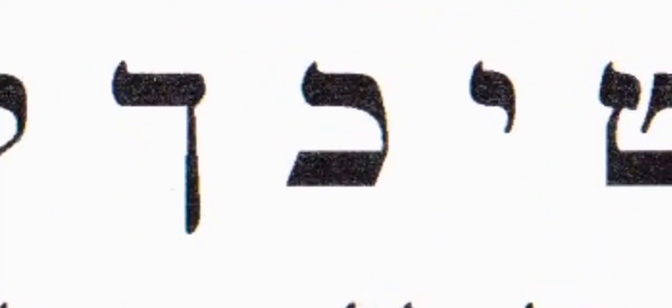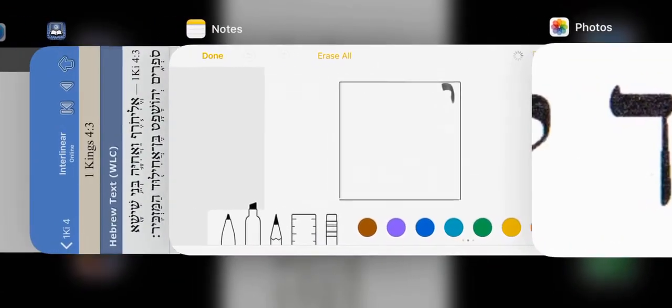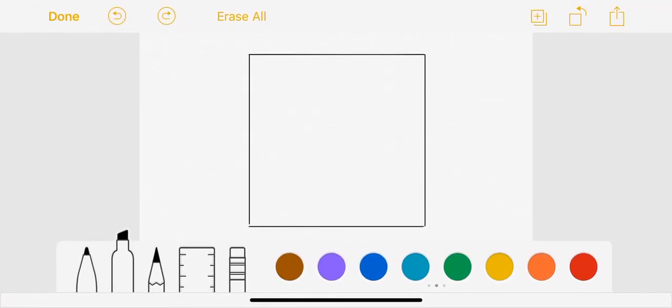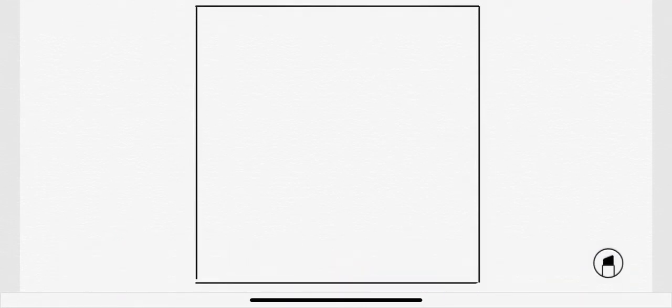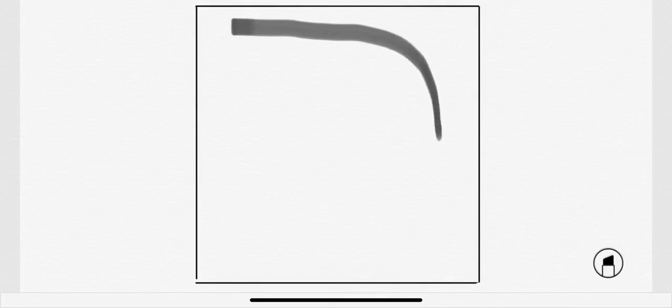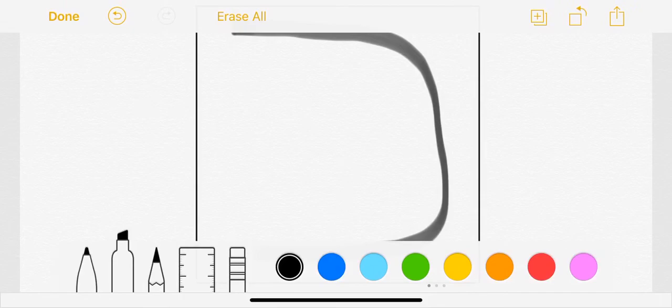So, let me see here. All right, so let's get rid of that. And all right, so we got ka, which you just make nice and round, okay? Because you don't want it to look like a ba. You see that? You don't want it to look like that, because the only difference between a ka and a ba,